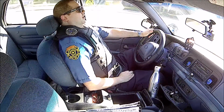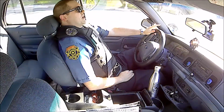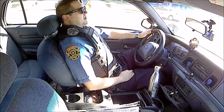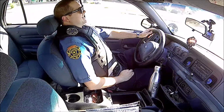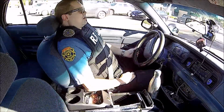Perfect. The next best headrest goes to the Camaro, because though it is big, it's very hard and leathery. And that's where this one falls behind, because it's not big, it is very hard, it's not leathery, but it's not very soft. So I'm still on the hunt for a blue in color headrest